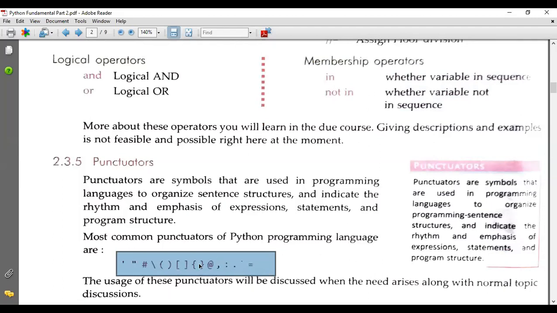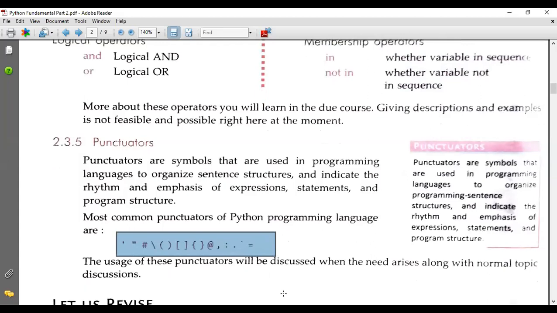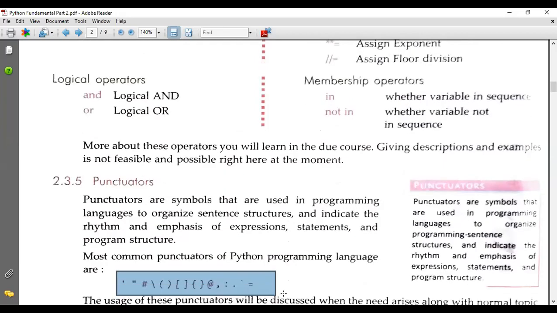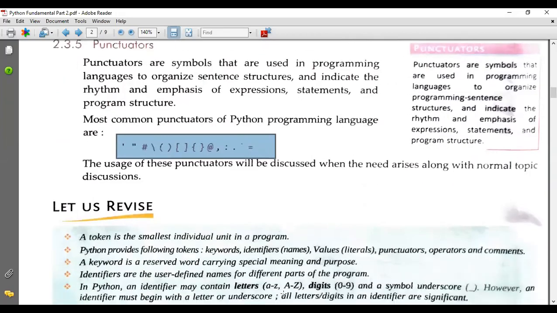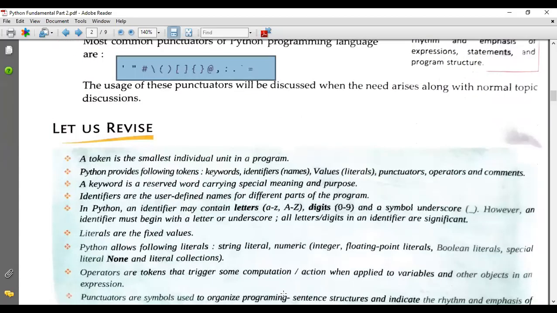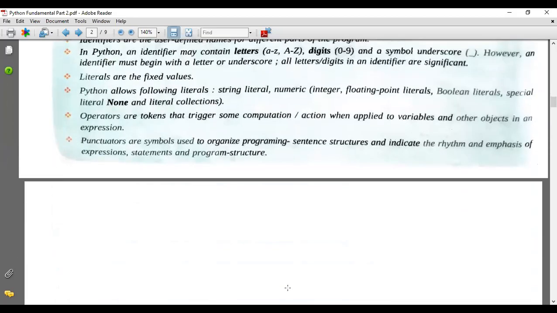So these are called punctuators. We apply punctuators in an expression or in a statement also. Is it clear? Everything we will see afterwards. Don't worry about this. So this much about tokens. Tokens we have completed. In tokens, 5 things come: keyword, literal, identifier, operator, and punctuator.